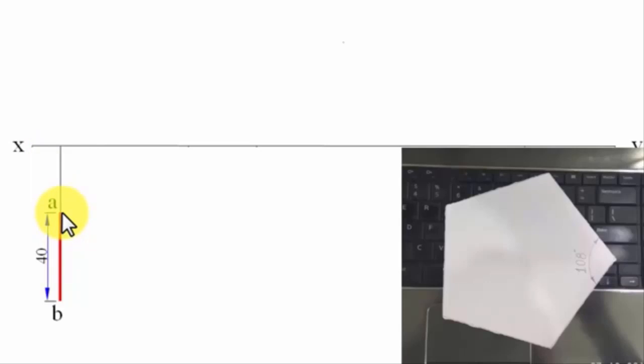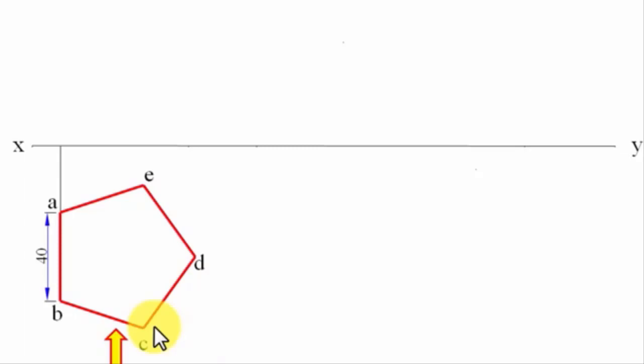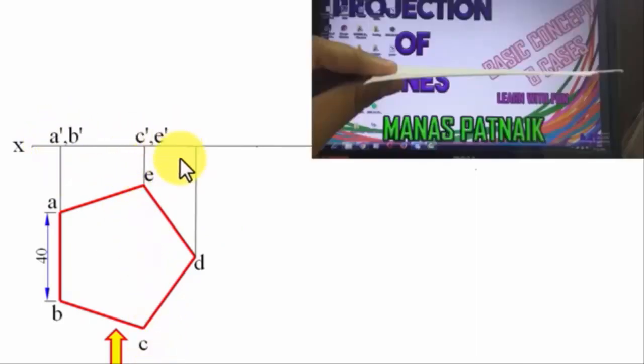Moving ahead, we have these internal angles, anti-clockwise from this over here and clockwise from this over here, 40 mm each. We've made the line, and these are the points C and E, and finally we're going to have point D over here. So this is going to be point D. So the top view is over, and now we're going to look at this object from the front. Since it is entirely resting on HP, its front view will lie on this XY line, something like this. Let me have the projector lines. This is going to be point A, B, this is C, E, and this is going to be D, and let's have a line joining all these points.